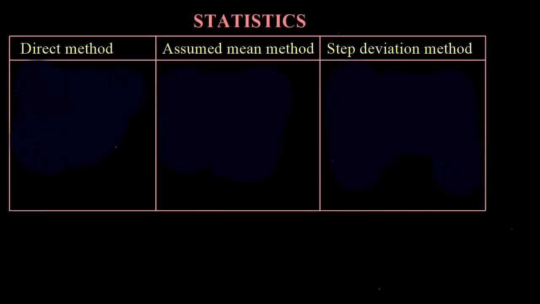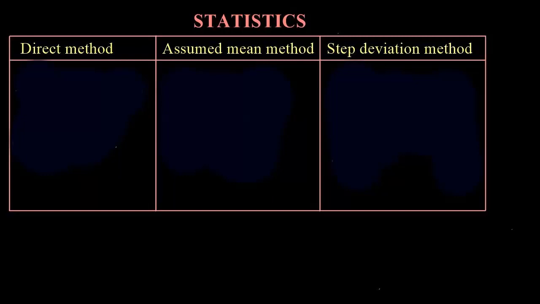Hello everyone. In the last video, we covered the introduction to statistics and also how to find the mean, median and mode of ungrouped data. If you want to have a better understanding of this video, please do watch the previous video uploaded. In this video, we will be covering exercise 14.1 of the NCERT mathematics textbook, which is based on finding the mean of grouped data by using the direct method.